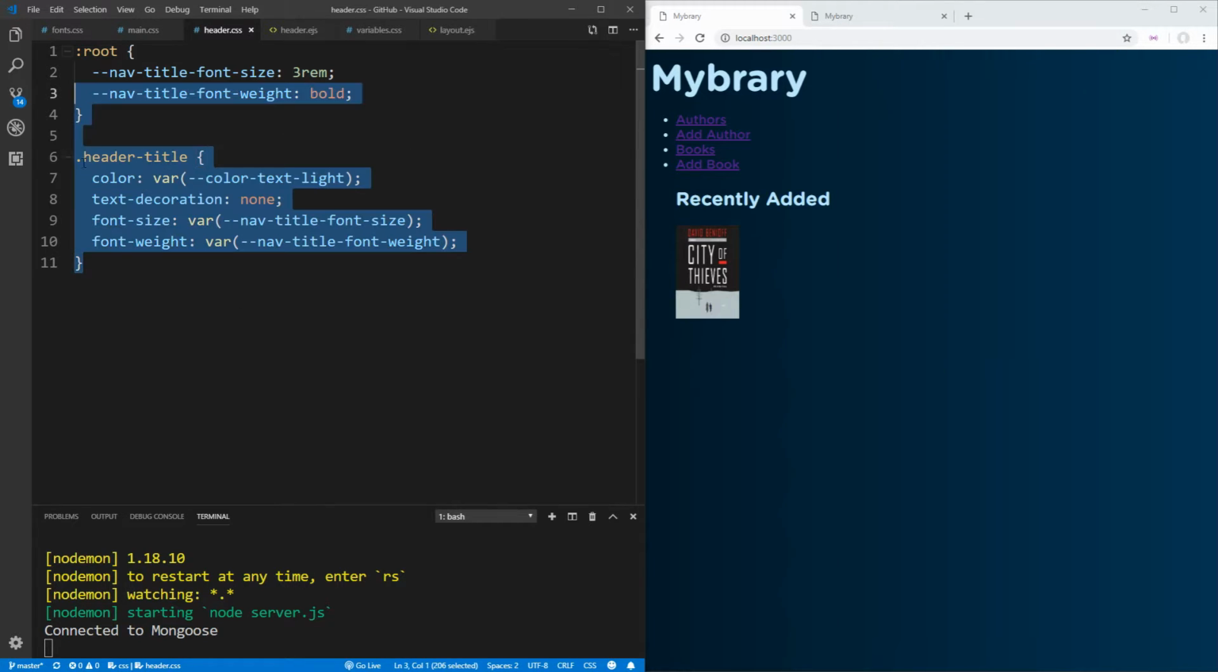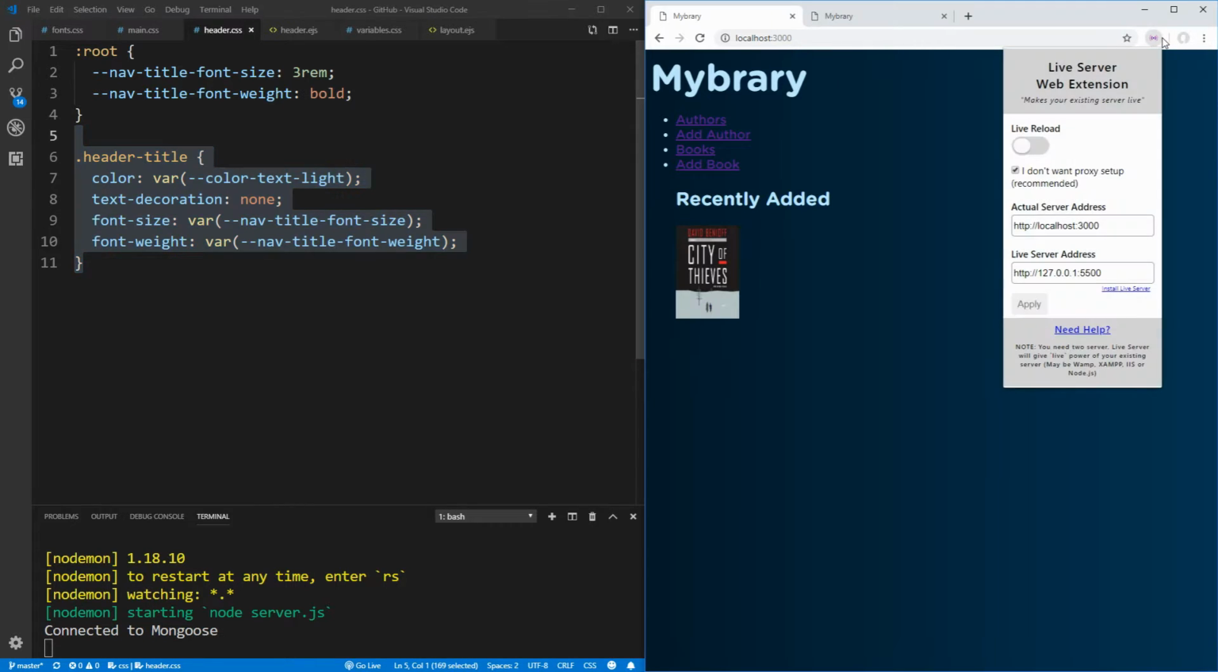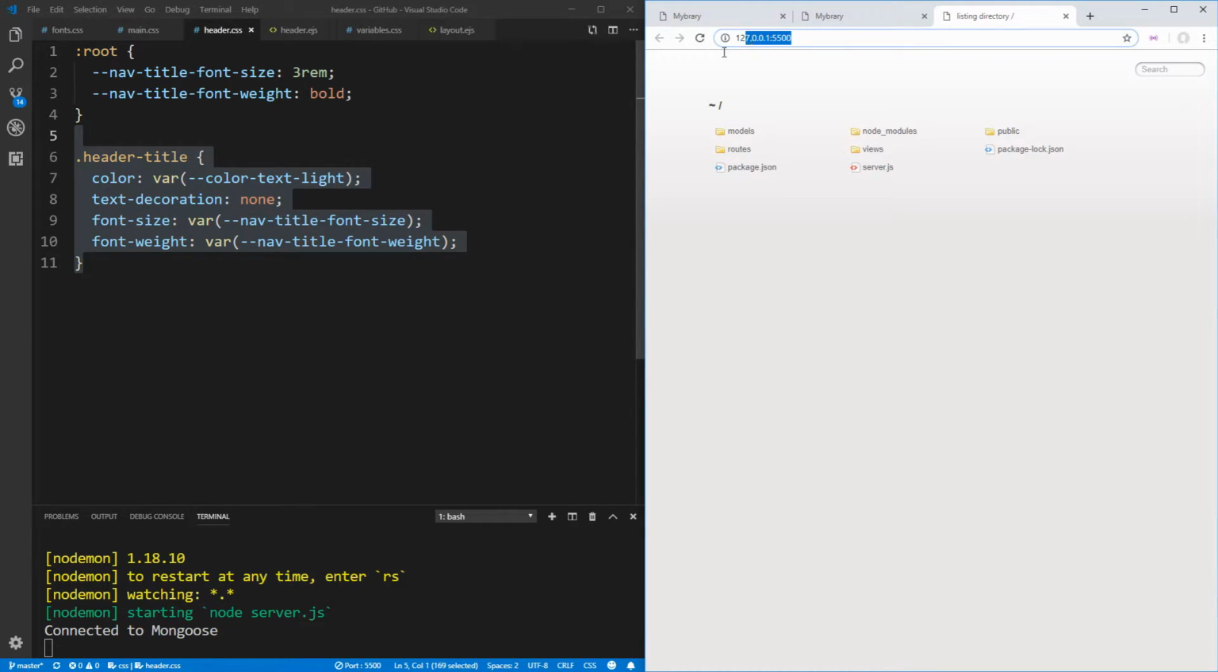But Live Server doesn't work by default when you're using a server such as Node.js. So I have an extension installed called Live Server Web Extension. You can download this for pretty much any browser, and what it allows you to do is when you turn it on, you pass it the URL here, which is going to be the URL of your server, in our case, localhost 3000, paste that in here, and then our live server address. It should be most likely whatever's the default, so when you click Go Live down here, it's going to open up a new tab, and whatever this URL is right here is what you're going to copy